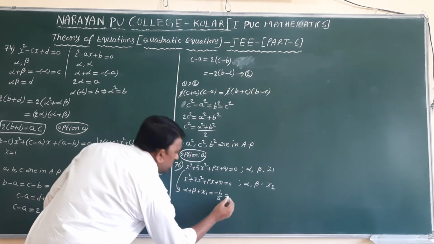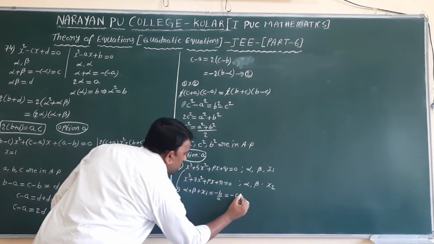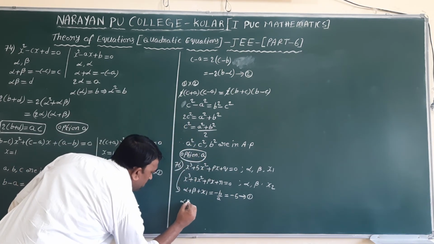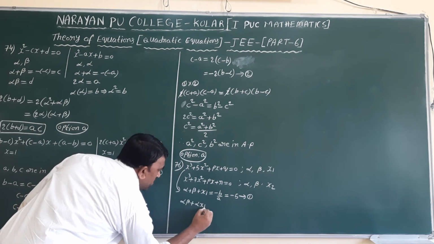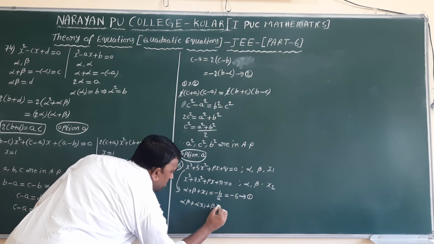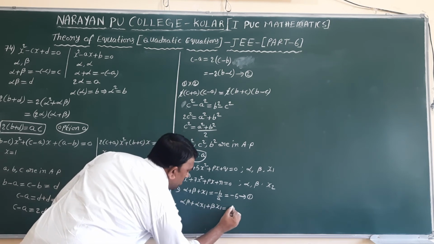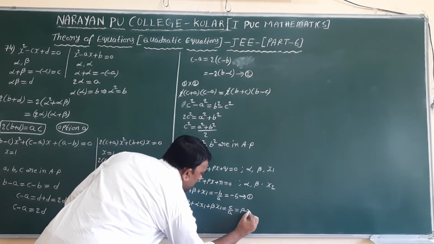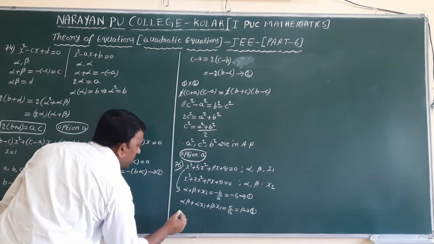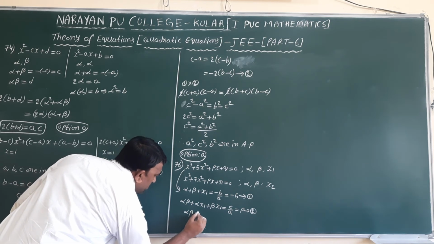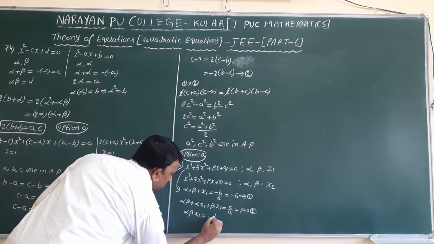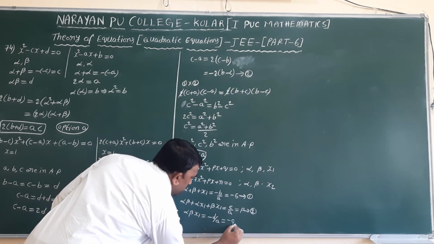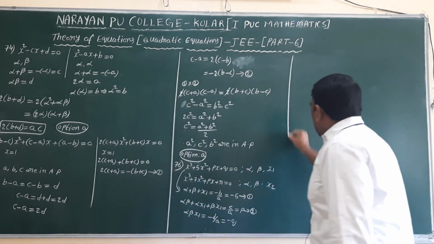Minus b by a, so minus 5 by 1. So that is equation 1. Product of the roots: alpha beta plus alpha x1 plus beta x1 is equal to c by a. So the c value is p. That is equation 2. And for 3 roots, alpha beta x1 is equal to minus d by a, which is equal to minus q. So that is not required to take as an equation, keep it like that.